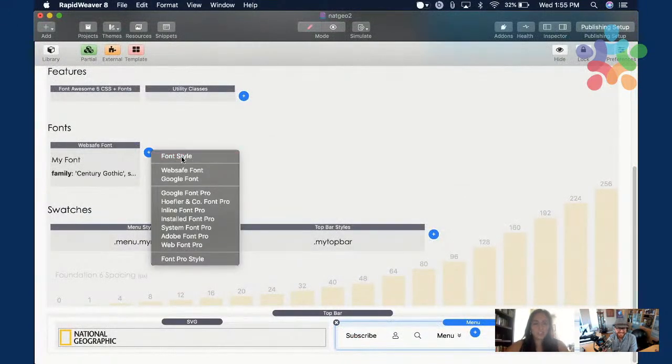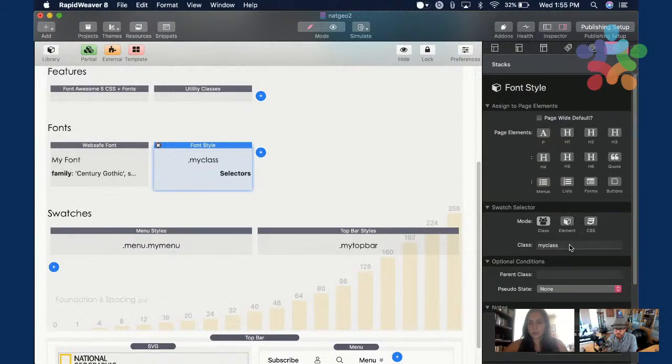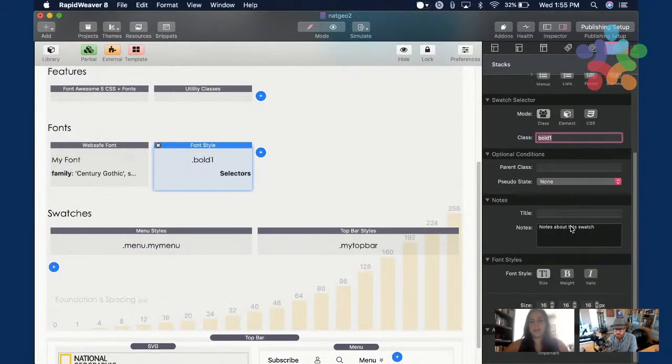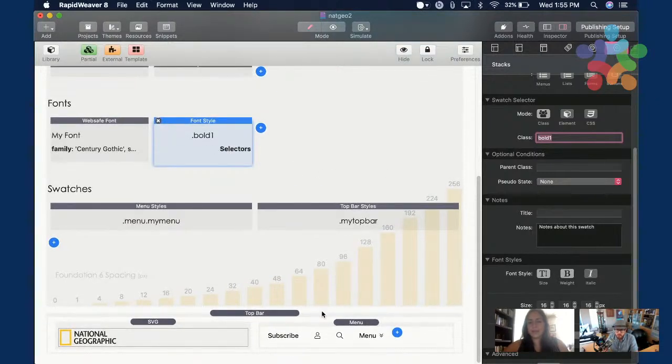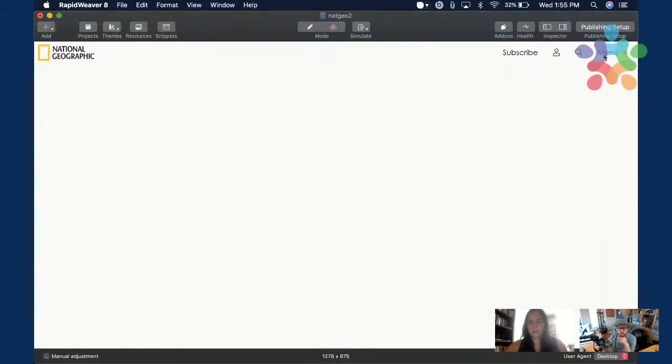I'm going to add a font style and call it bold 1. I usually don't just call it bold in case any built-in foundation is using it. So bold 1 and the weight, and I'm just going to click on this so that the item that I choose can be bold and not the others, like that menu.